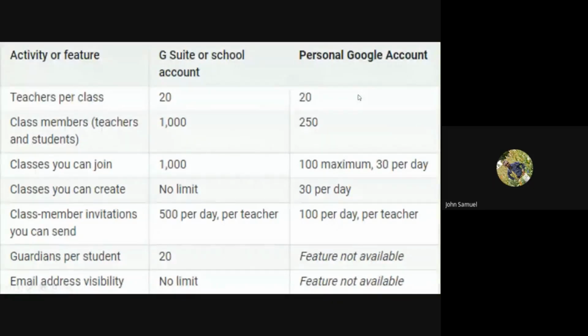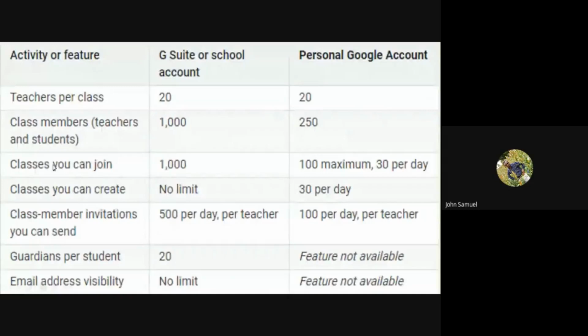But when it comes to students, we can have only 1,000 members, including teachers, in G Suite. And in a personal Google account, it is limited to 250. So this is the thing. And the next one is classes you can join.